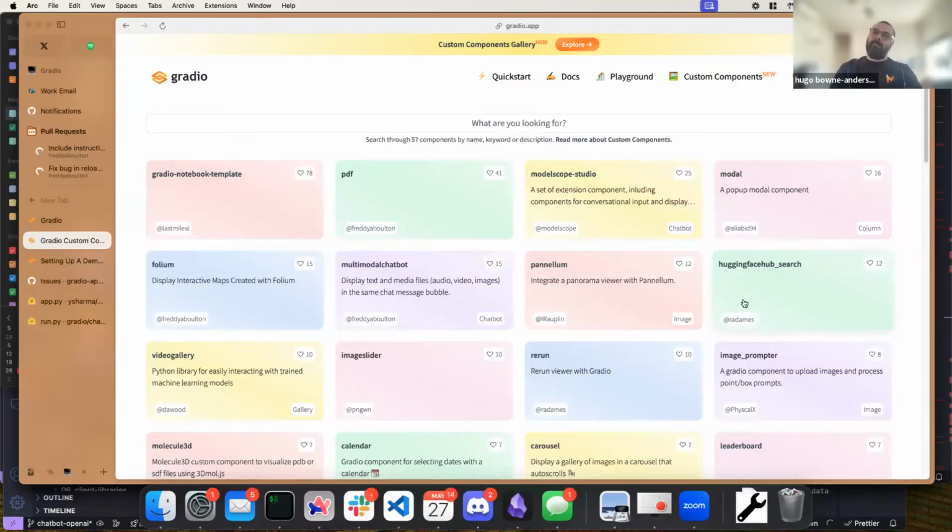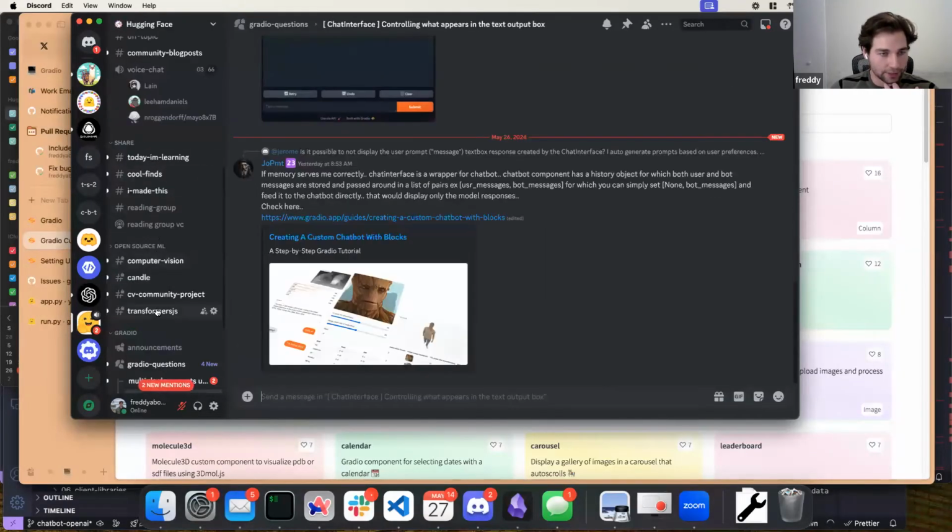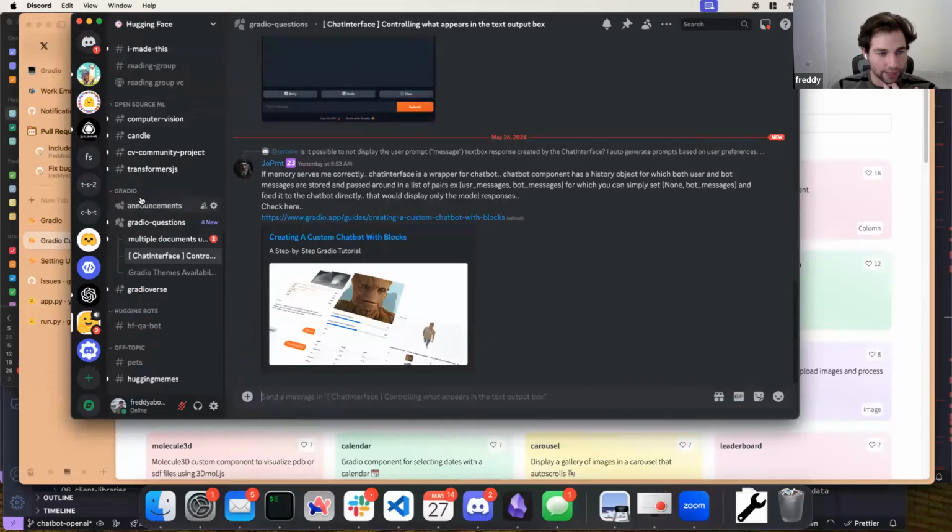Makes sense. So we have our Discord, but downstream, if people want to learn more about this type of stuff or chat with the community, is there a good place to do that? Yeah, for sure. The Hugging Face Discord has a pretty big Gradio community. This is the Hugging Face Discord. I'll post a link